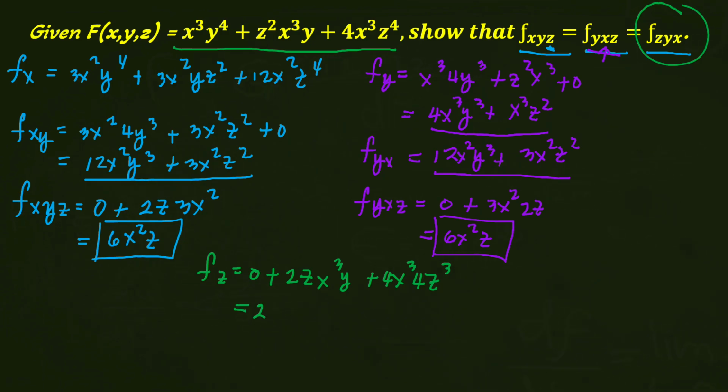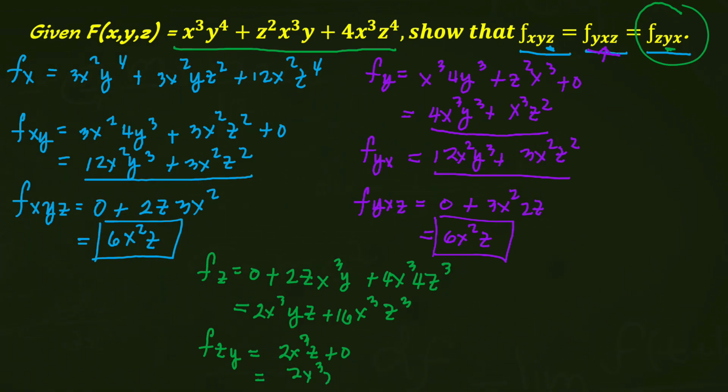Simplifying, that will become 2x cubed yz plus 16x cubed z cubed. And after that, we'll find f sub zy, because the next independent variable here is y. And f sub zy is obviously equal to 2x cubed z plus 0. There is no variable y in the second term, so that will become 0. So the answer here will become